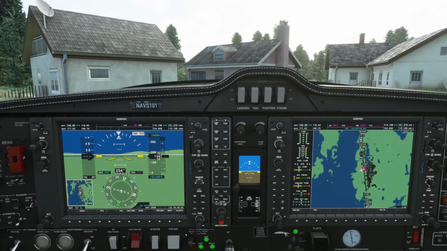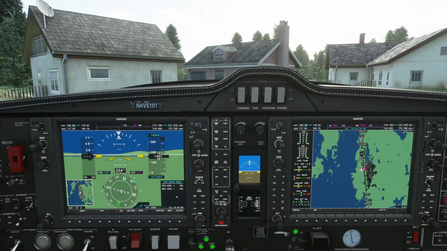All right. So really, what are we going to do first? Well, I thought maybe we could have a look at one aspect of the mod update, and that's this one here. So we click on the menu button, and it brings up a PFD setup menu. Just to say before we start that this screen here is the PFD, which is the primary flight display. And this one on this side is the MFD, which is the multifunction display.